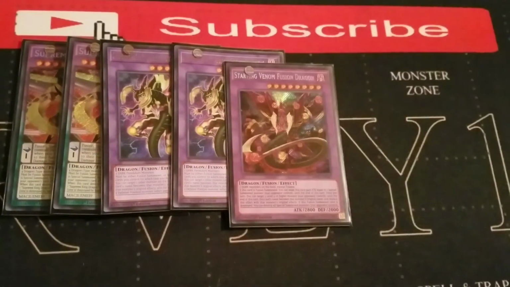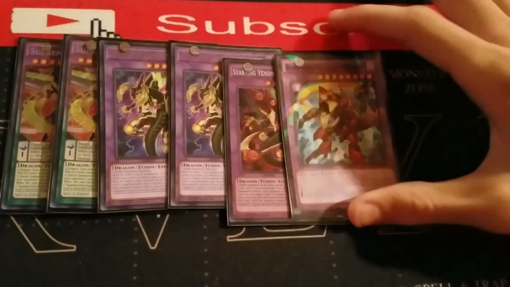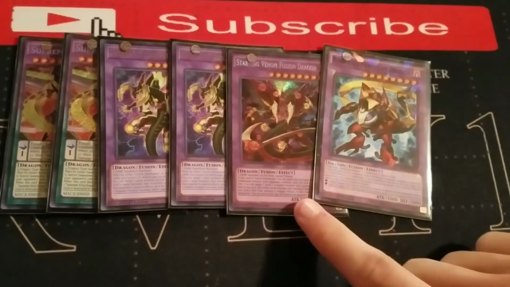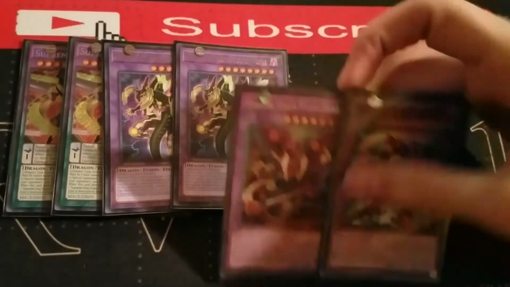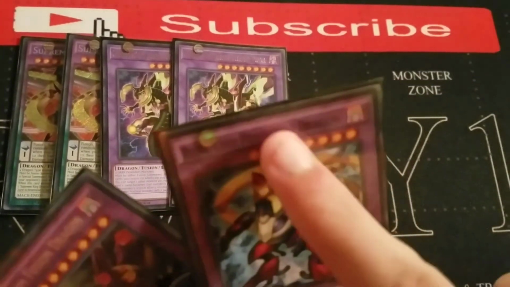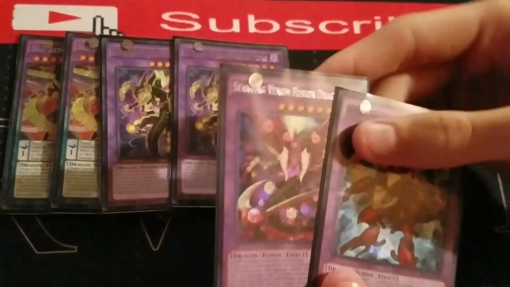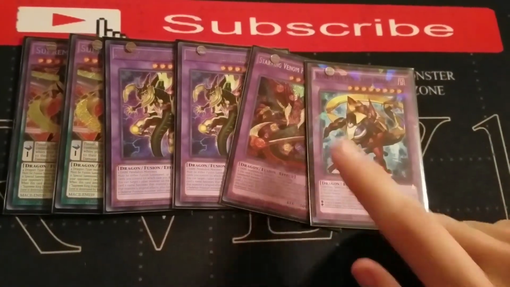1 copy of Starving Venom Fusion Dragon, and 1 copy of Rune Eyes Pendulum Dragon. When I was running Dragon's Mirror, I could theoretically summon these. Now it is literally impossible to summon these 2 cards. But here's their purpose. Fusion Dragon, Pendulum Dragon. You can summon them off of Supreme King Gate 0 and meet either the Fusion or Pendulum Dragon